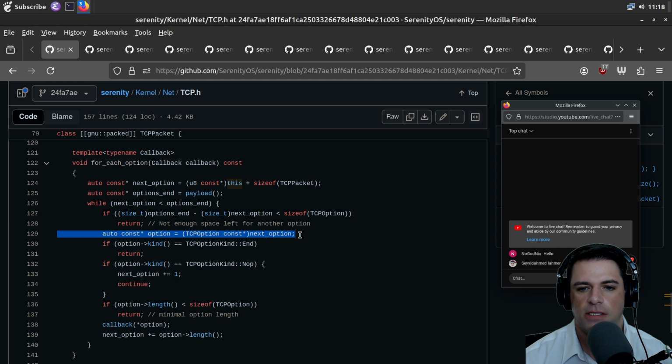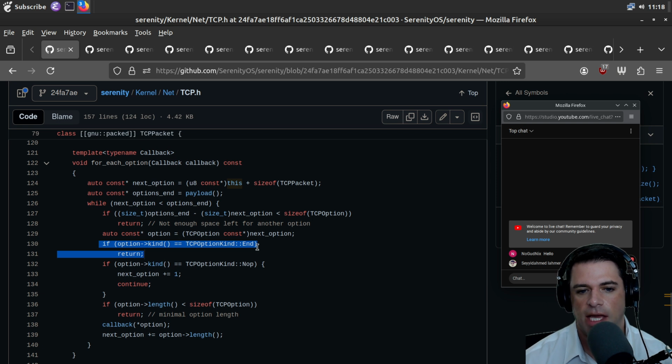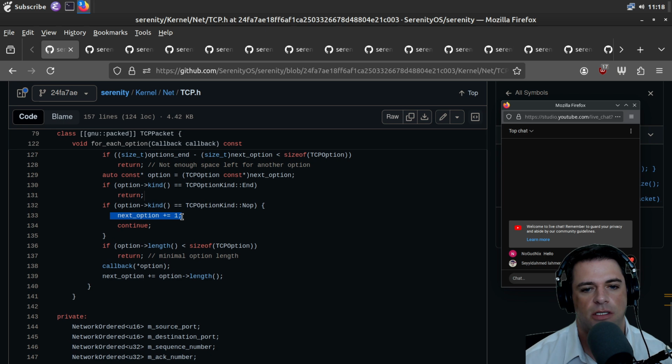And if there is, then we take the next option, cast it as a TCP option const star, and get an auto const star option. And if the option kind is the end, we return. And if it's a no-op, we do nothing, just incrementing the next option. And I guess this is another boundary check.